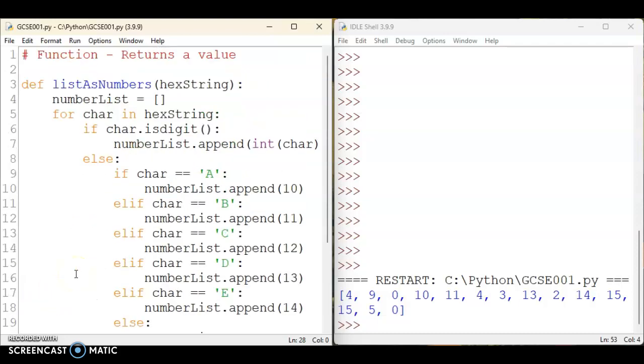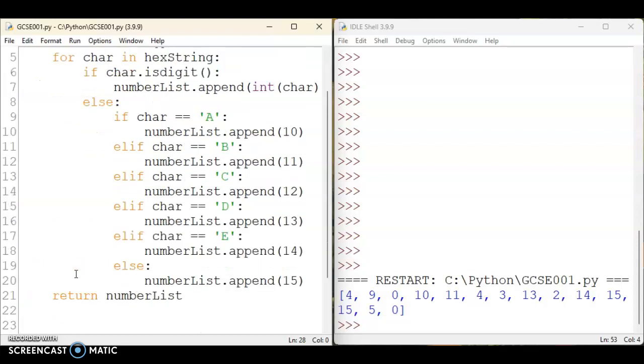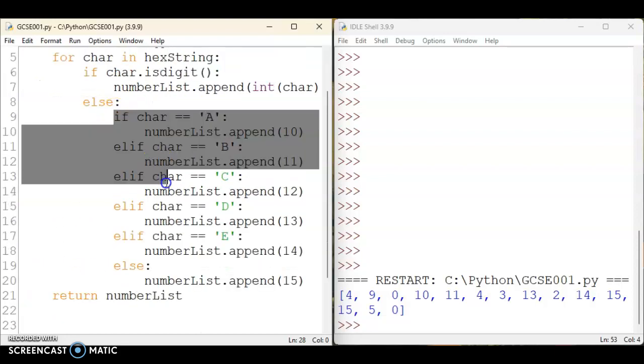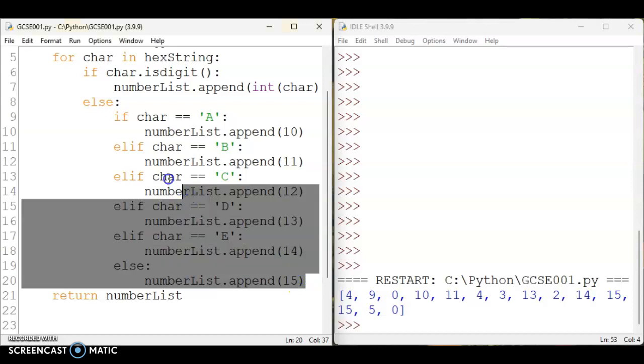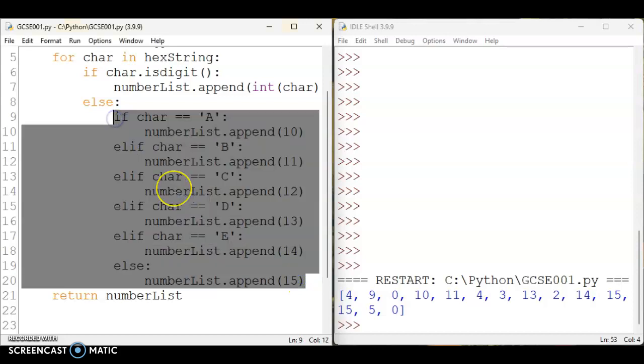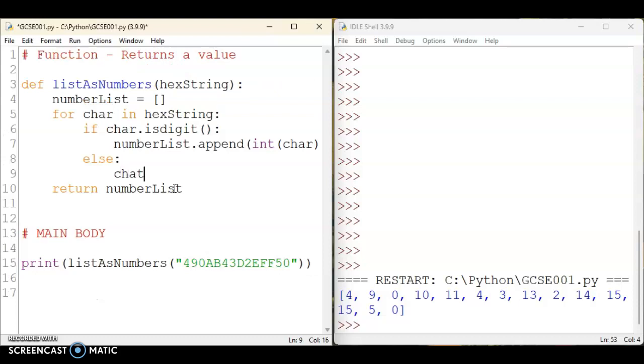Let's go back and consider some of the alternative strategies that we could have used. Here, instead of building a 6-part if statement, there was the opportunity to take the individual character as it was and then rewind back to the original underlying number value of the ASCII/Unicode character set and use that underlying number value in order to work out whether this should be a 10, 11, etc. up to 15. So let's go to the end of the if block, and instead let's take the original character